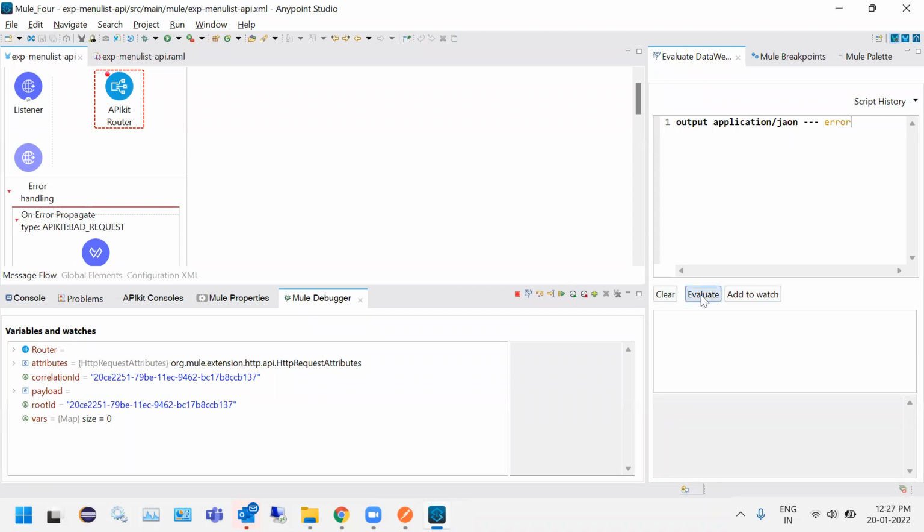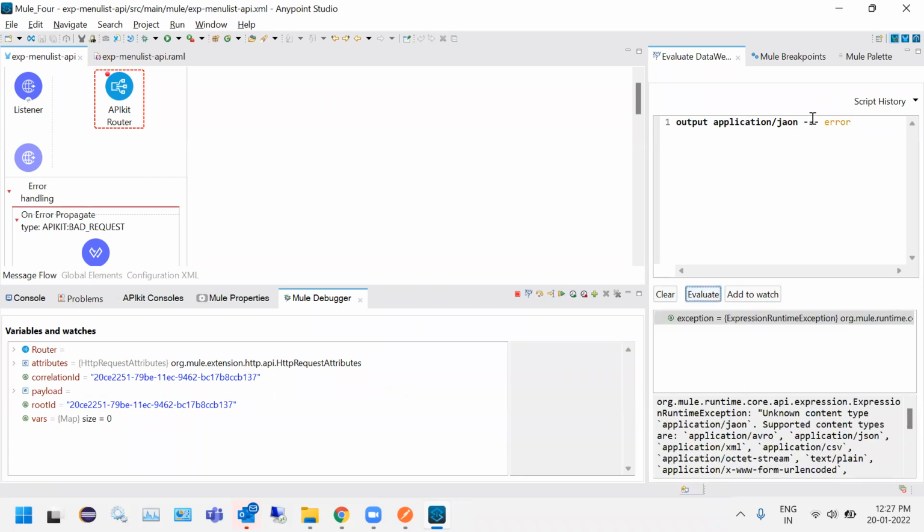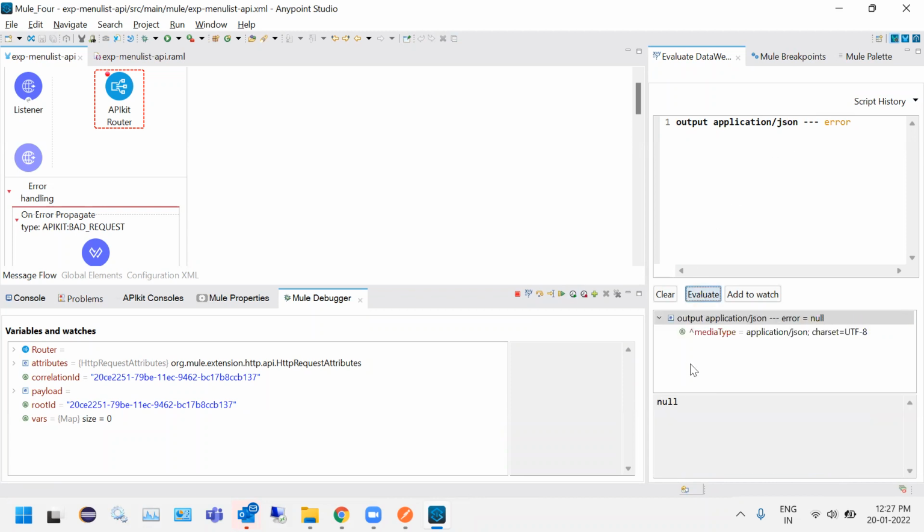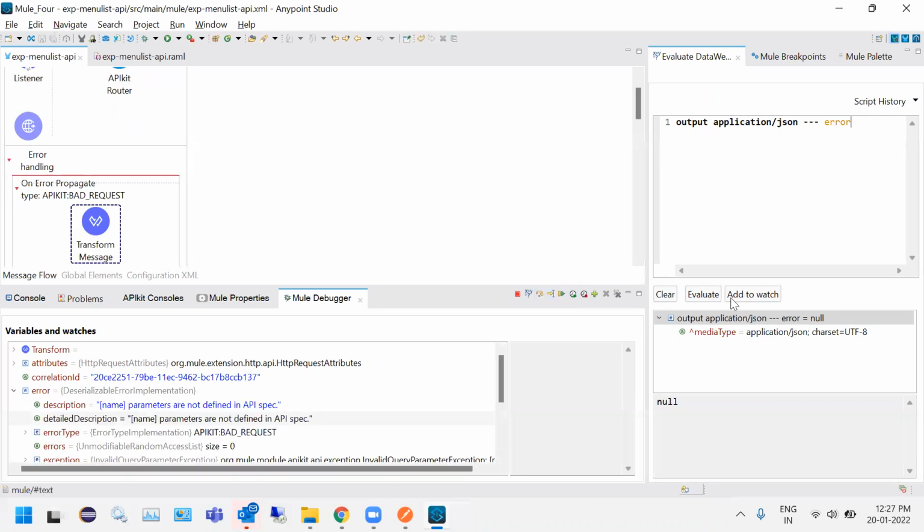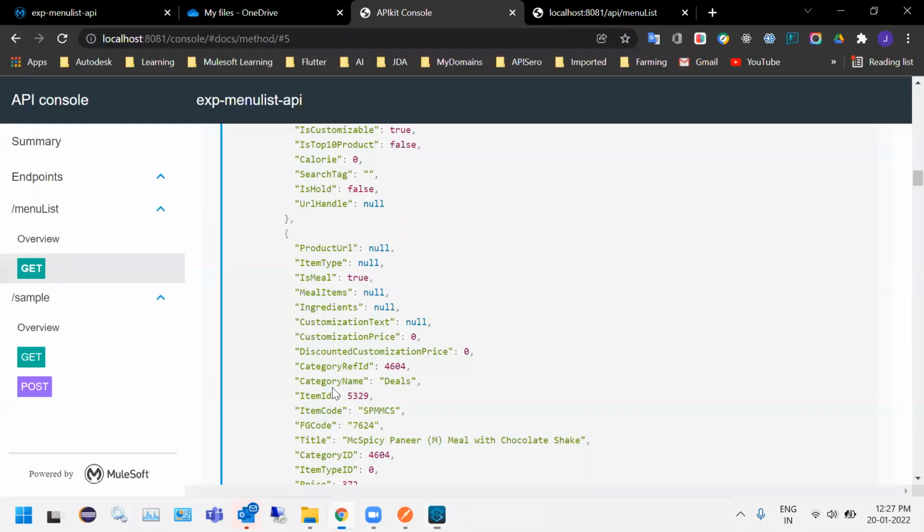Okay, so this will generate an error object. See, in this error object, what are all the values you can capture is